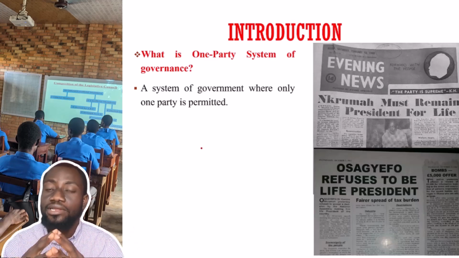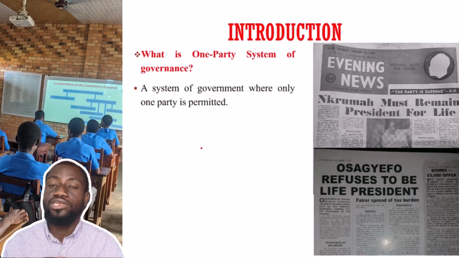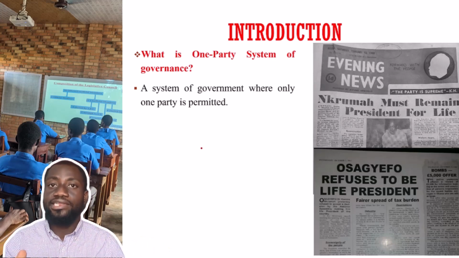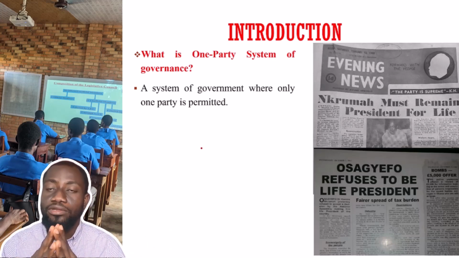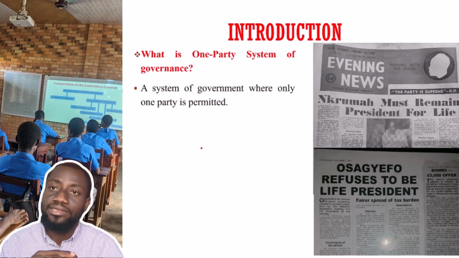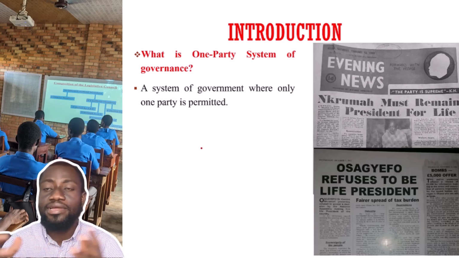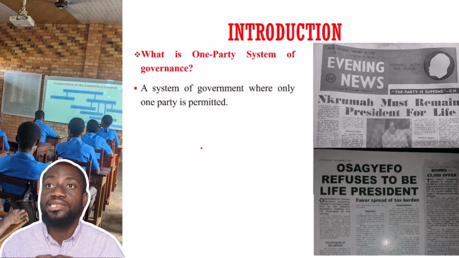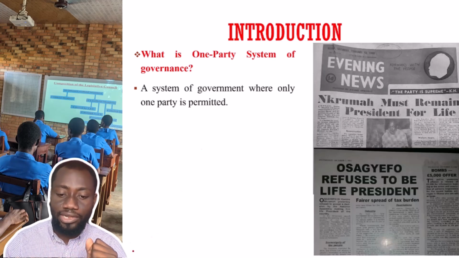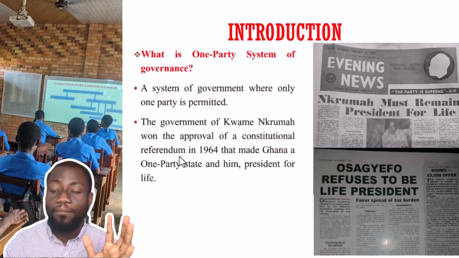Only one party rules the whole state or is allowed to operate. And so the people are the party, the country is the party, everything is in one, which means that no elections will be allowed to take place in some instances. So there are many other issues surrounding the one-party system or the one-party state. So let's look at the history behind this whole one-party system.